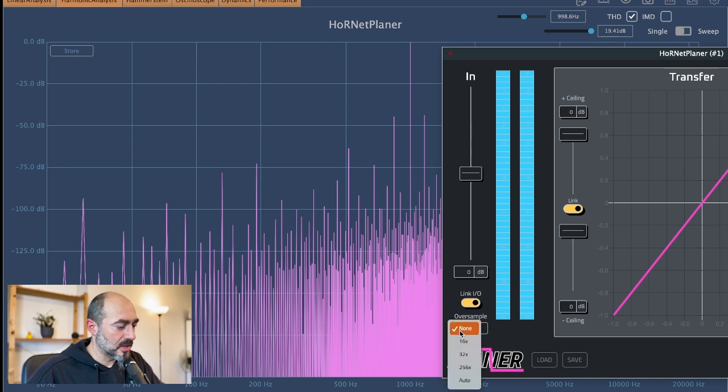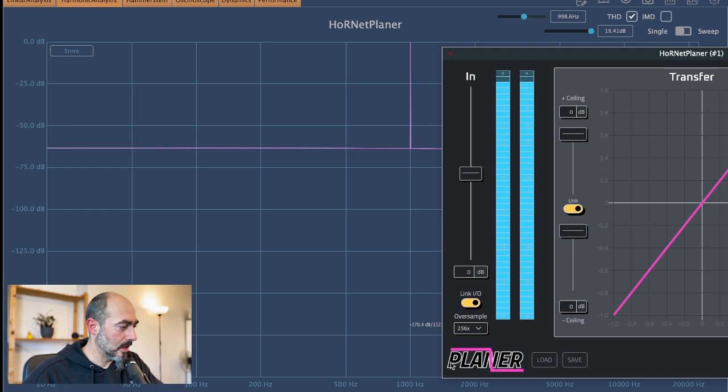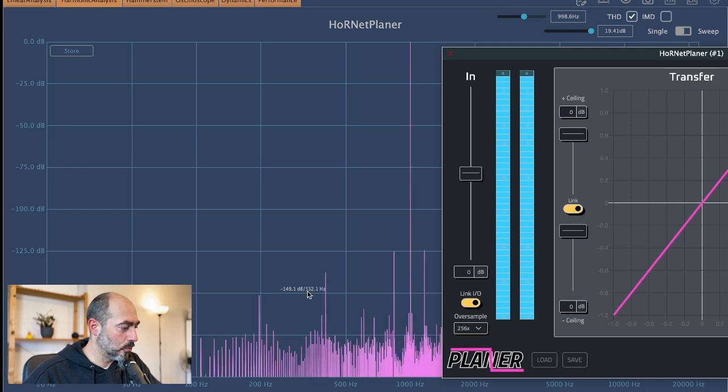But if you want the maximum quality available in this plugin, just stick with this massive 256 times oversampling. We can have this amount of oversampling because the algorithm is very simple, very light, so we can use a high level of oversampling to get the aliasing down to almost nothing. Have a look here. It goes down to negative, this peak is negative